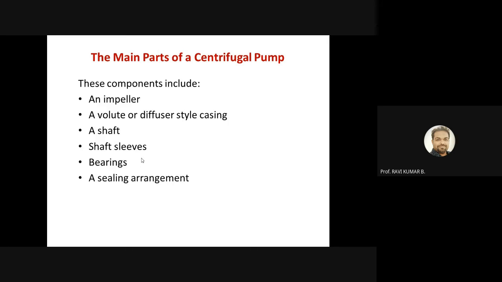When you're talking about shaft sleeves, or shaft sealings, centrifugal pumps are provided with packing rings or a mechanical seal, which basically prevents any kind of leakage of the pumped liquid out of the casing. These shaft sleeves and shaft sealings both serve the same purpose. They will not allow any kind of leakage of water coming out from the casing.